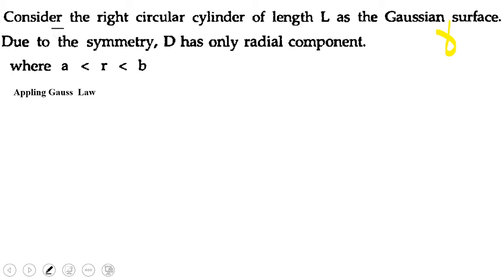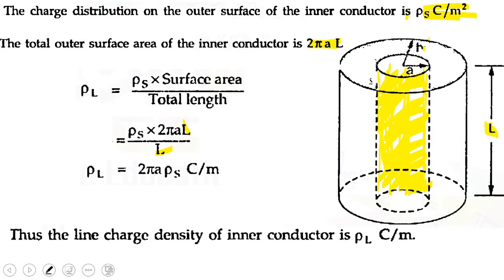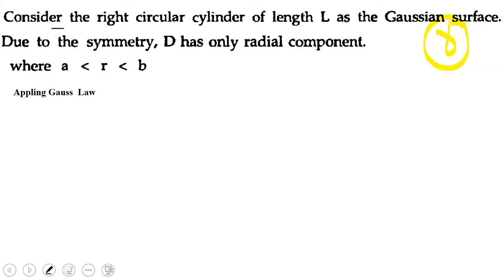Okay. So we are going to measure the electric flux density at the point R, radius R. So we will assume there is a Gaussian surface at a radius R. Due to the symmetry, what is symmetry? If you divide into two halves, what is there in the left side, the same will be there in your right side. So similarly, due to the symmetry, D has a radial component only. The first half is equal to the second half, it has only the radial component.